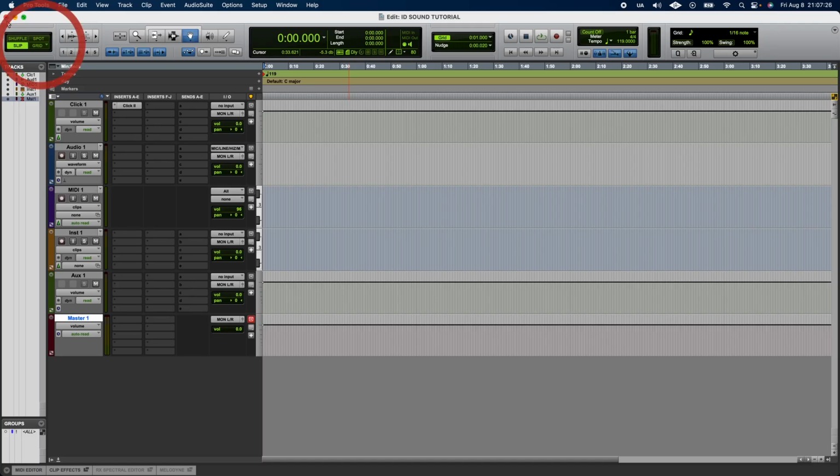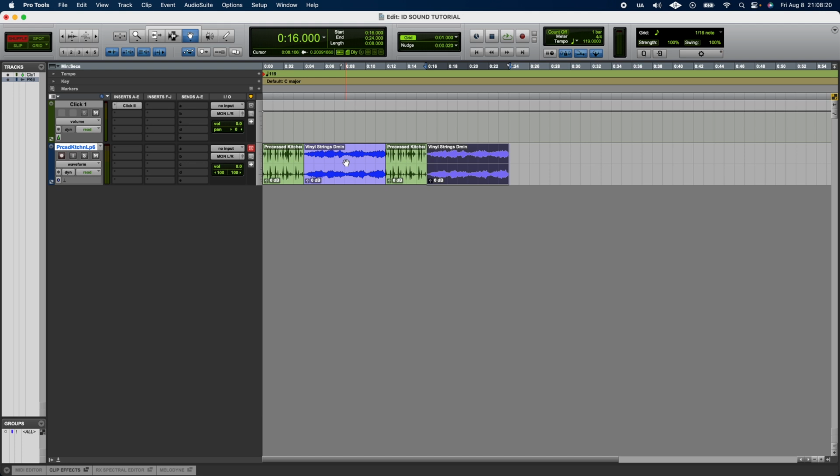Pro Tools offers 4 different edit modes, each designed to give you more control over how your clips behave when you're editing. Depending on what you're trying to do, these modes let you manipulate your clips in different ways, making your workflow more efficient. In Shuffle mode, when you move, delete, or cut a clip, the remaining clips automatically shift to fill any gaps. For example, if you delete a clip, the following clips will shift left to fill that